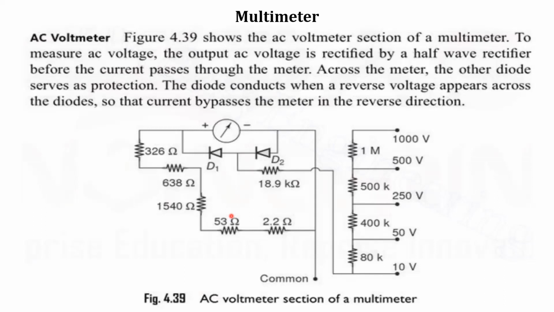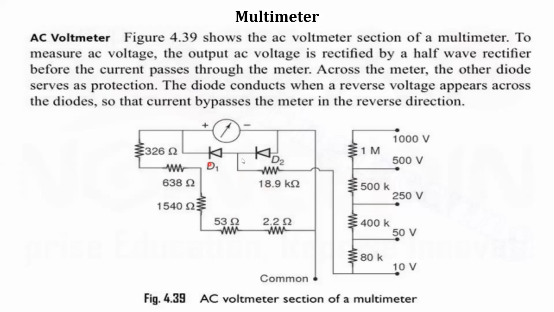Here, for AC voltages, I'm using two diodes. This resistor part is the same. Across these two diodes in the middle, one resistor is connected, that is 18.9 kilo ohm. Another voltage divider is also placed. Why? Because for AC, we have seen first rectification and then amplification, or first amplification and then rectification. Remembering that basic concept, we use this rectifier circuit built in for AC voltages here. This is the basic resistor part.